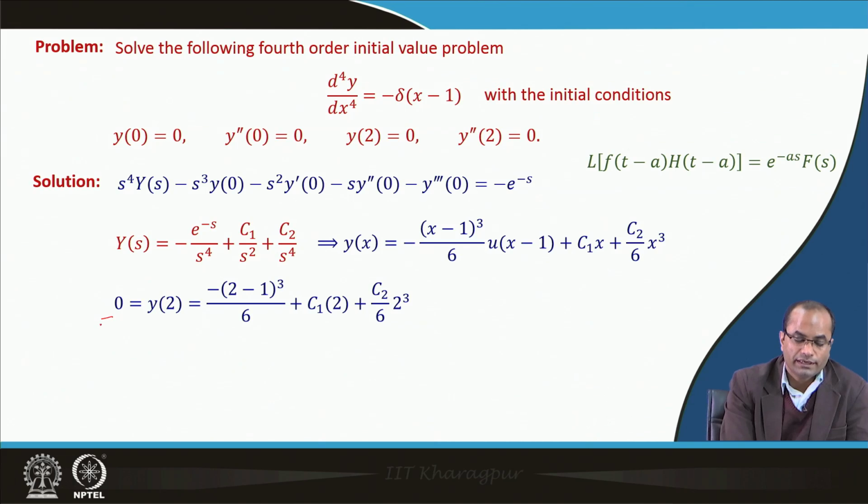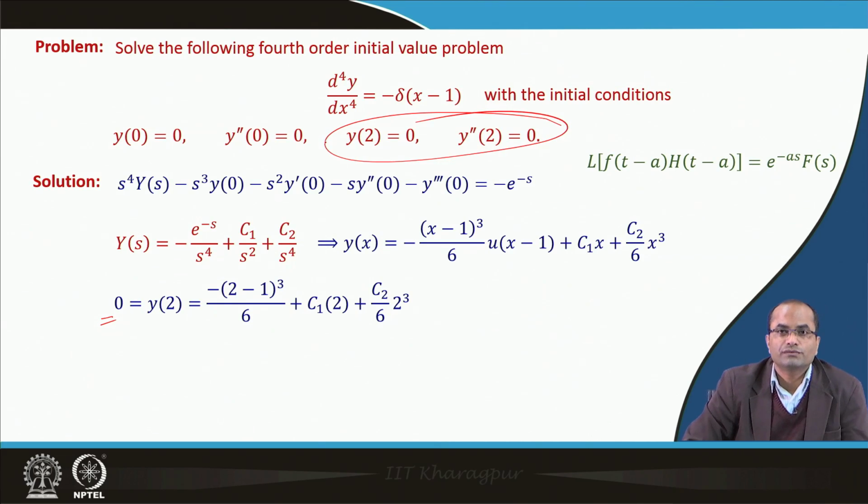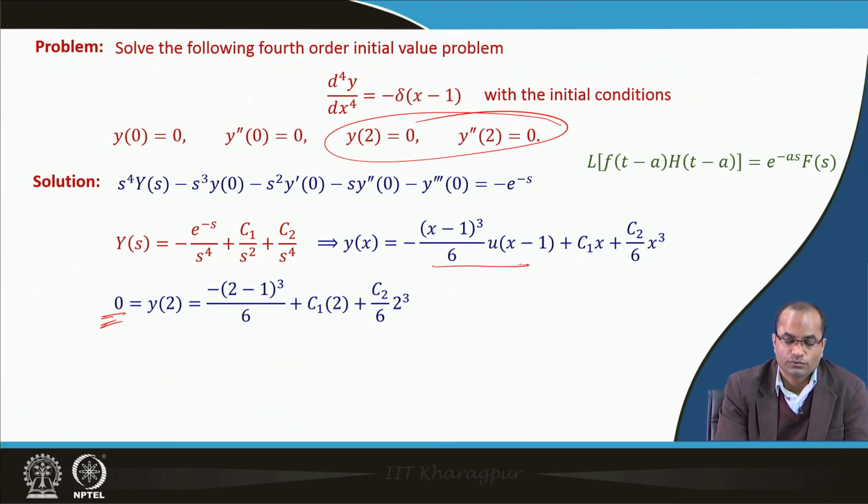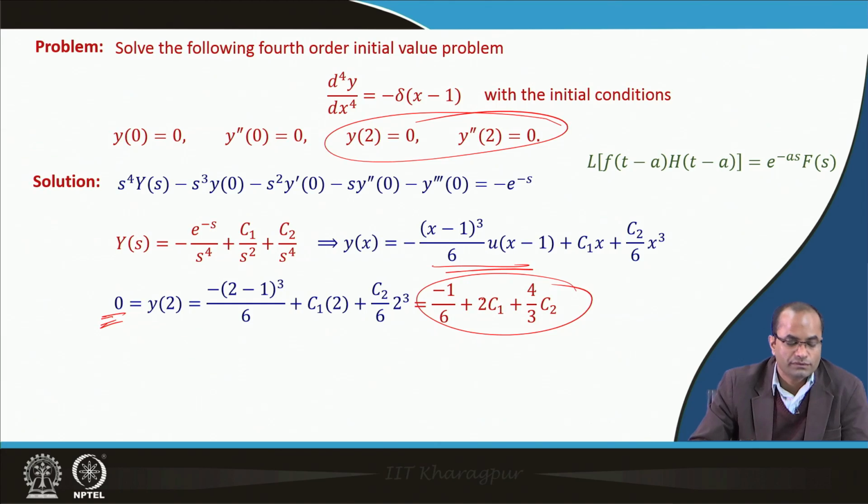And now, we can apply these two conditions which were not used so far. So, y(2) is 0. We will just pass x equal to 2 here and simplify this. So, we will get one equation in C1 and C2,